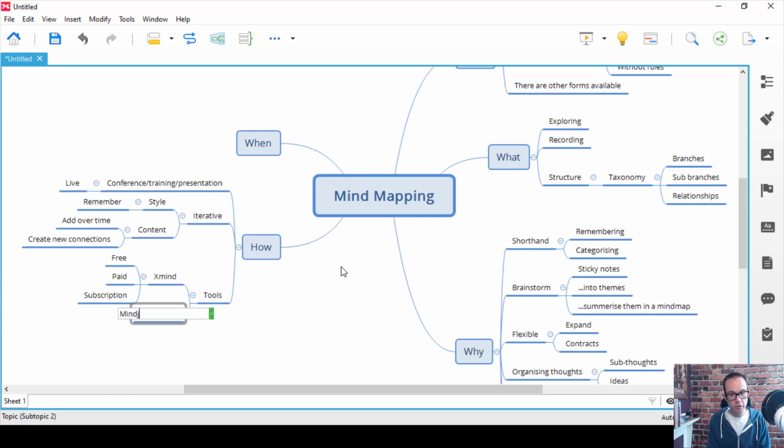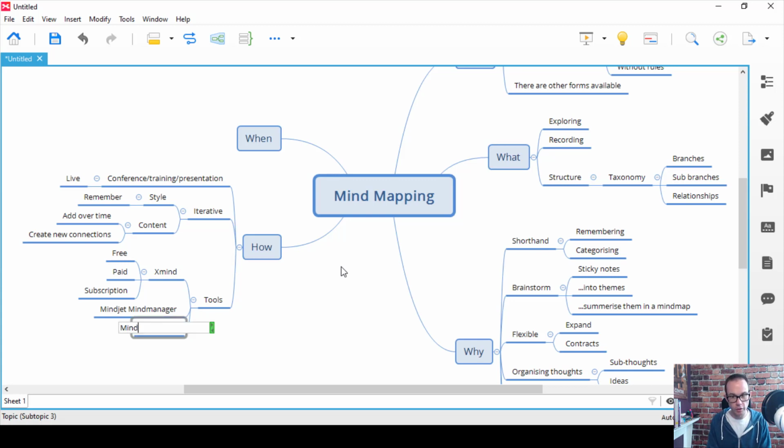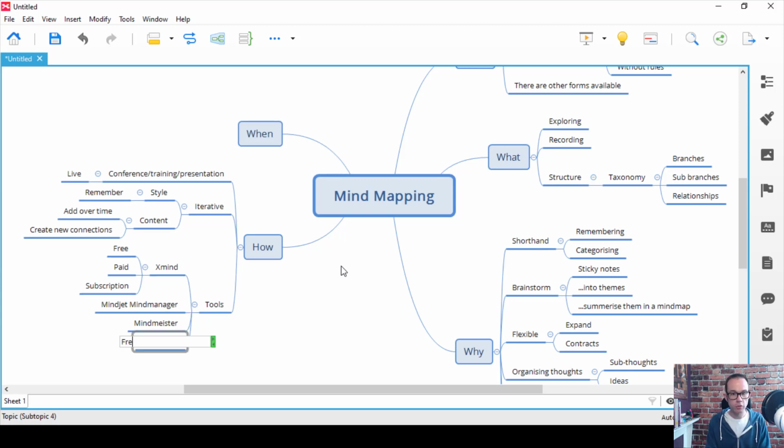There's also MindJet Mind Manager, which is again fantastic. It's I think a bit more expensive, but I've used it in the past. It's very, very good. There is, and I can never spell this one, so forgive me, MindMeister, which I think has a free plan, and it's an online type of thing. There is also an open source tool called FreeMind. That's one you can just download. If you've never done mind mapping before, maybe start with FreeMind. I found FreeMind was a great place to start, but I pretty soon jumped onto Xmind. I'm sure there are others too.